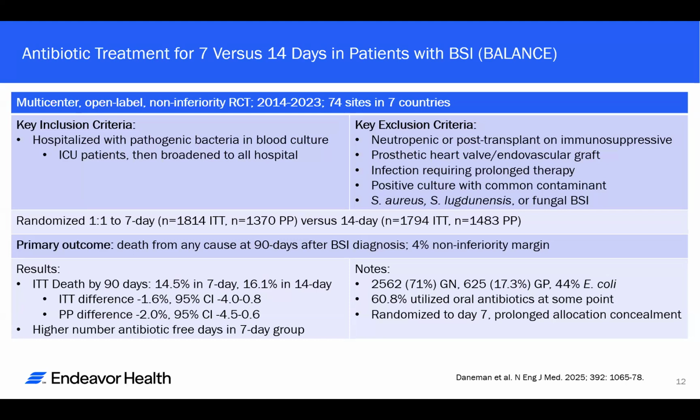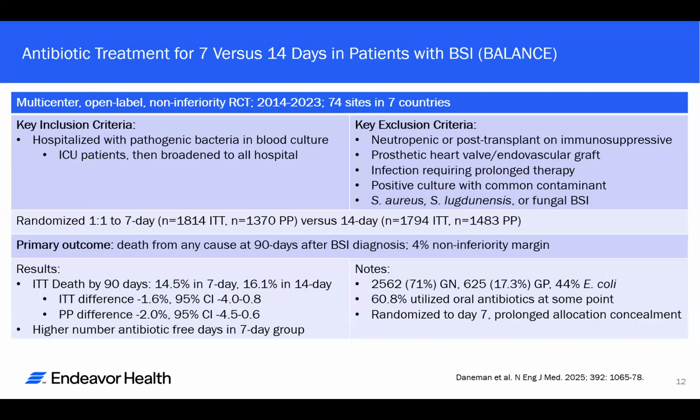This was a huge trial done over almost 10 years, 74 sites in 7 countries. And they had very broad inclusion criteria. So it was basically anyone hospitalized with a pathogenic bacteria in their blood culture. They started out in the ICU because one of the co-leads of the trial was in the Canadian Critical Care Trials Group. And so they had a really good foundation for starting their trials and a good framework and